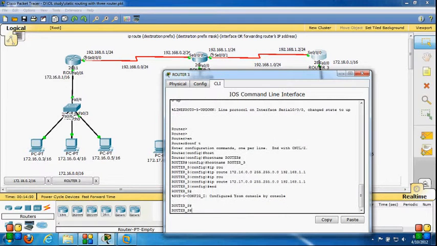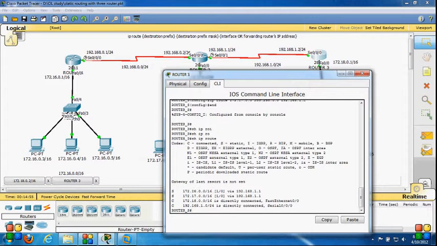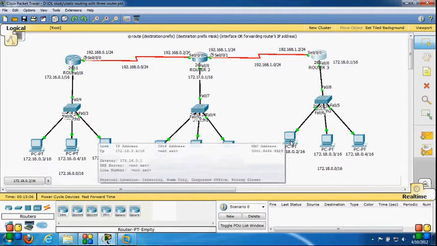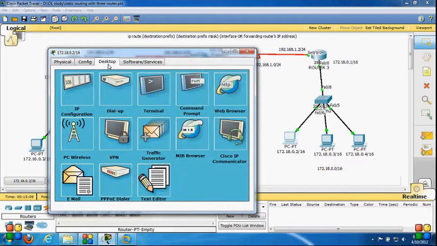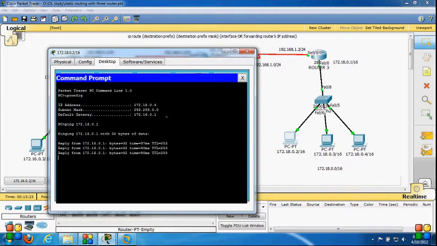Now let's check the IP table. Show ip route. It's now showing that 172.16.0.0 and 172.17.0.0 are connected via 192.168.1.1. So this is the end of the static routing. Now let's check the connectivity. I'm on this network, and with ipconfig, my IP address is 172.18.0.4. I'm trying to connect to 172.16.0.1, and I'm getting a reply from this network.